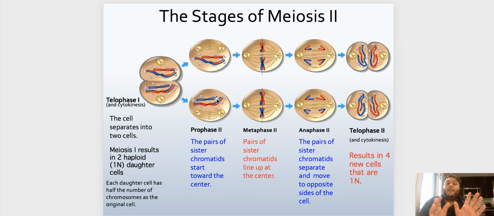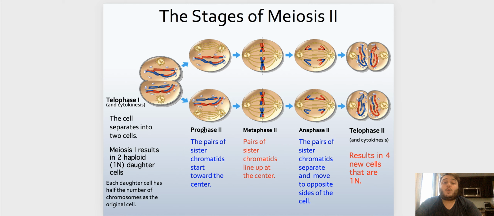Now, the other differentiating thing between meiosis and mitosis is now that the cell has split, right? The cleavage furrow has split the cell into 2. You now need to go through another stage of meiosis, right? If this were mitosis, we would be done because we've now created 2 cells from 1. But in meiosis, you need to continue and you need to split the cell again, right? So we go through meiosis 2. So again, it's the same exact names, except now there's a 2 next to it because we need to differentiate